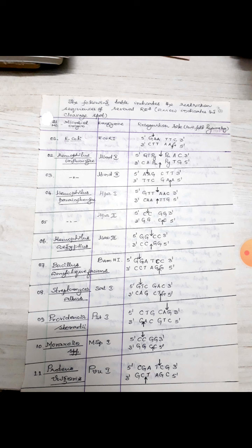Then, students, you must be looking at the arrow marks I have shown. Say for example, one arrow mark I have shown next to 5' end G, another one from the other side 5' end. That exactly tells how the restriction endonuclease cuts or brings about cleavage in the DNA molecule. A little later I will explain to you in detail.